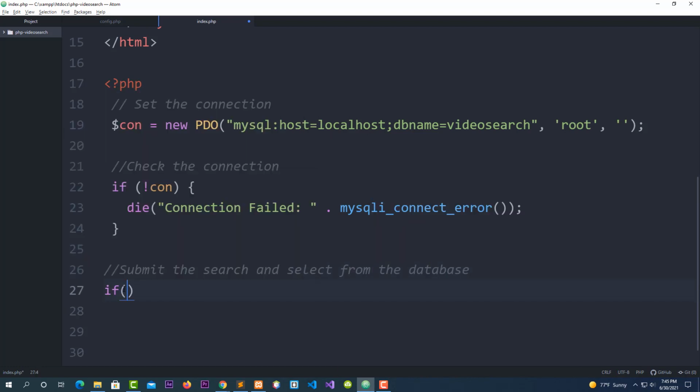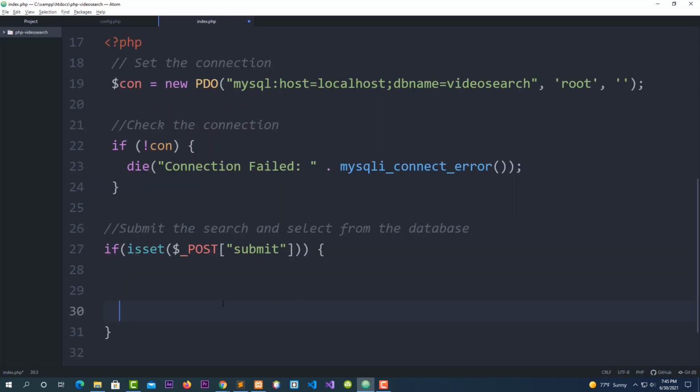I'm going to say if isset post, the submit button. When the user clicks on the submit button, okay,